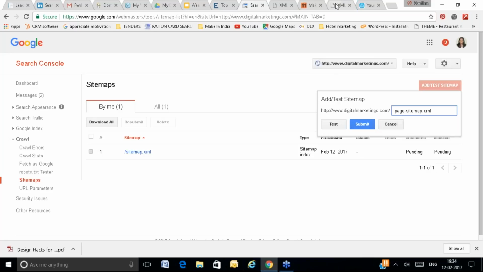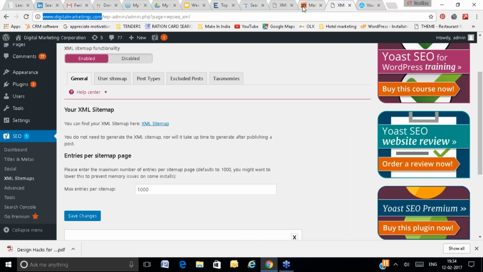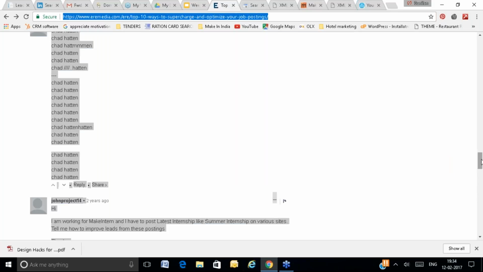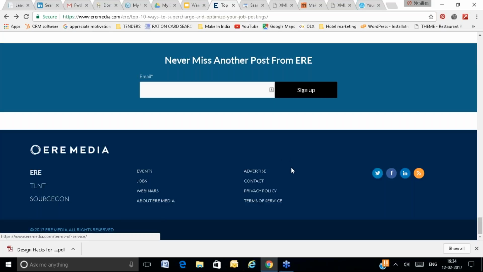There are a few more things about the sitemap. You can link your sitemap from the end of the page. Let's suppose this is your website, and at the end of the page, in the footer section, you have included your sitemap. If Google visits this page, by default they will go to that link and get to know all the pages of your website. So once you have created the sitemap, you can also place the link of the sitemap in the footer of the website.